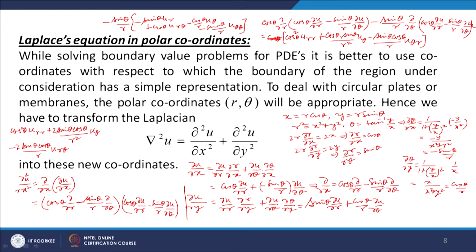Okay. Now what do we have? We have combined this term and this term with the two terms here, this one and this one, and we get sin square theta over r into u r theta, and we also have one more term, sin square theta over r square u theta theta. So this is what we get as u x x. We can check it in the next slide.